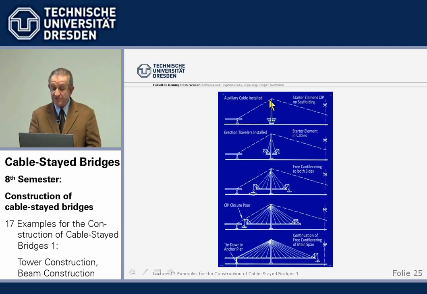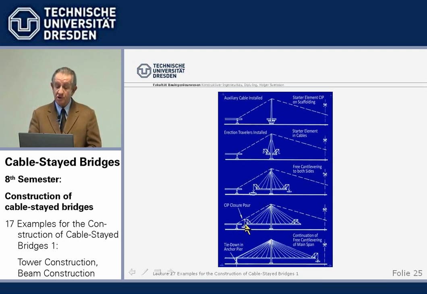So we have to stay the tower with auxiliary cables back here to the abutment and to the other end of the bridge. We build the tower, we have the starter piece on scaffolding, and then we start the free cantilevering with the elements transported again on water, lifted up until we reach here the